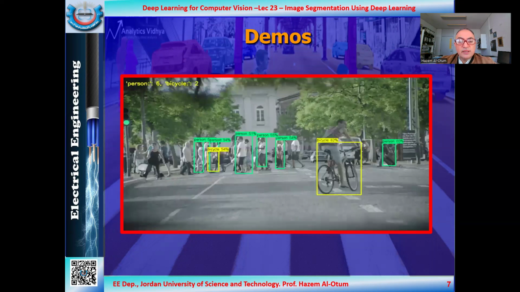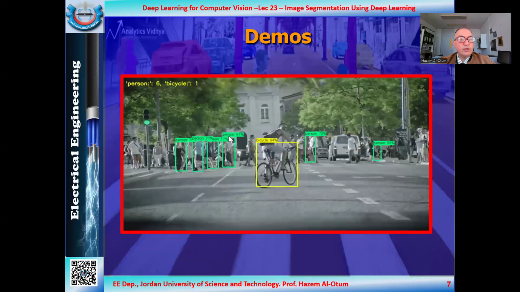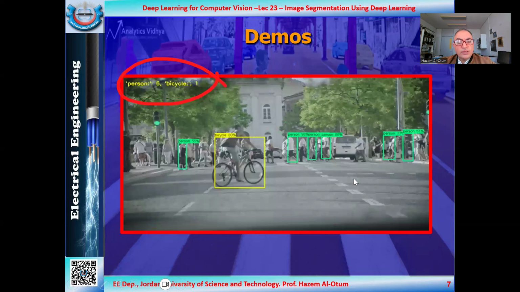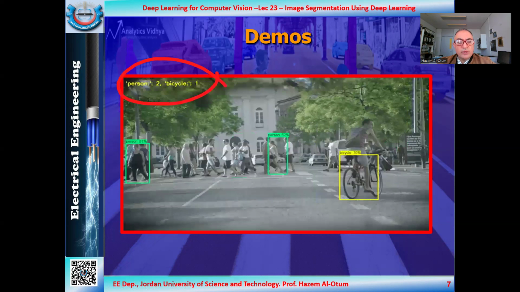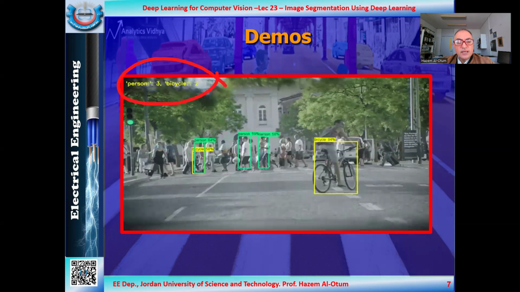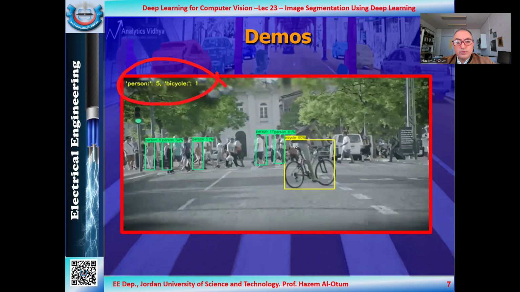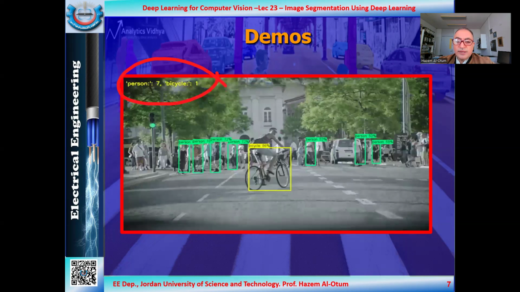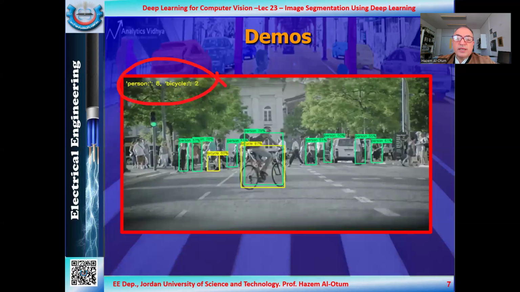This type is, as you see at the corner here, if you can have a look. Here, let's say this one. Just a moment, I'll try to show you this one and let it run. So you see that the person is 1, 2, 3, up to 8, and bicycle 1, 2. And you have some numbers surrounding the anchor box, at the top of the anchor